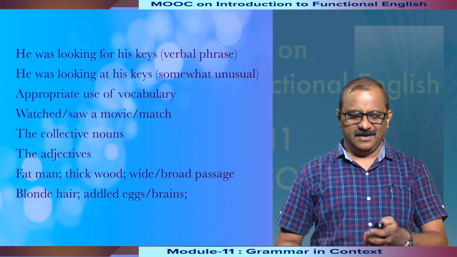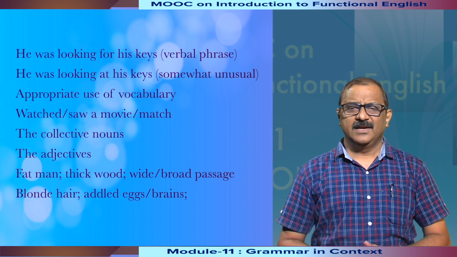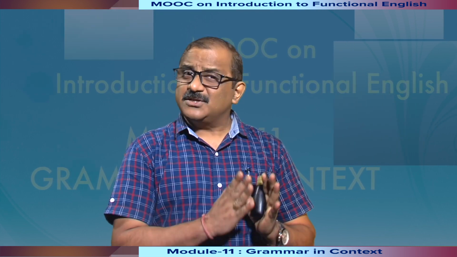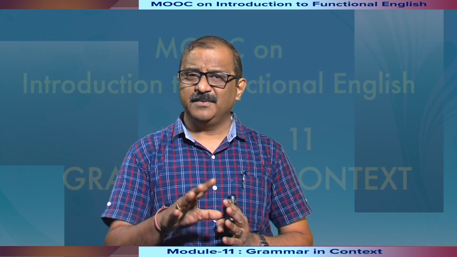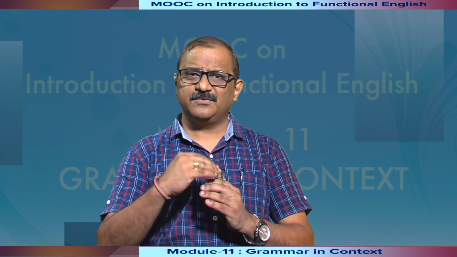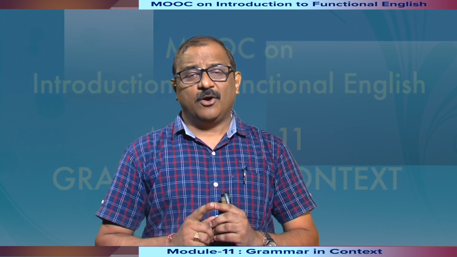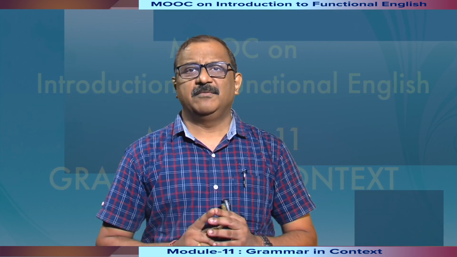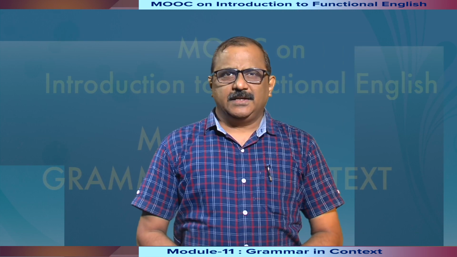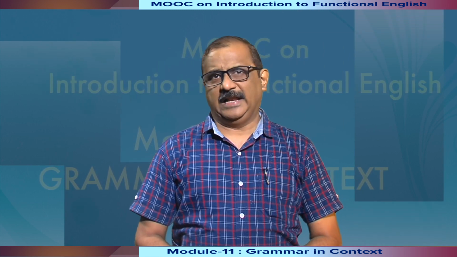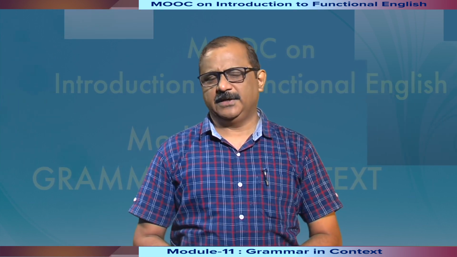Okay, so these are what I'm saying: appropriateness of language. Grammaticality is one thing, that you should be grammatically correct and acceptable, but at the same time you have to graduate from that level and go to the level of what? Appropriateness. And the combination of these two will really make your communication much more effective. So after grammaticality and appropriateness of language, which I am sure will be very helpful in making your communication effective,